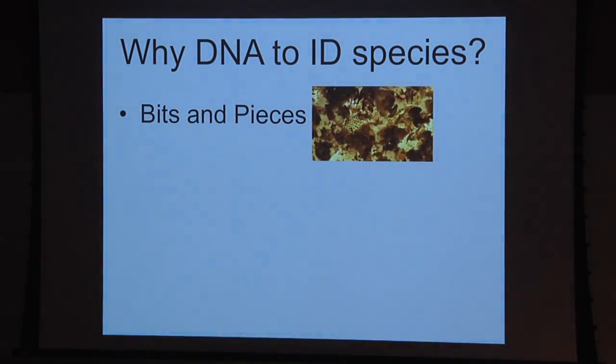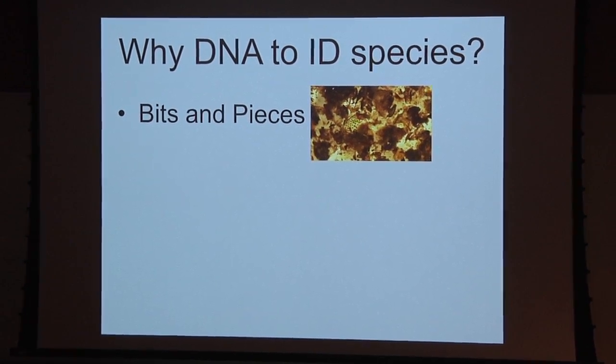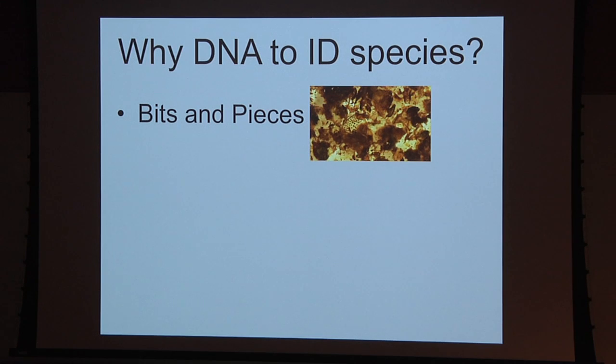So why do we need this? First of all, lots of things that we would like to identify are in bits and pieces. This is a photomicrograph of bat guano. There are lots of little insect parts in there. If you want to understand food webs, what animals are eating, you often want to look at the remains that they leave behind. If you're really good, you can tease out bits of insects from there, and there's an insect wing there, you might be able to assign it to one group of insects or another, but there's enough DNA in those that you can identify actual species of insects,